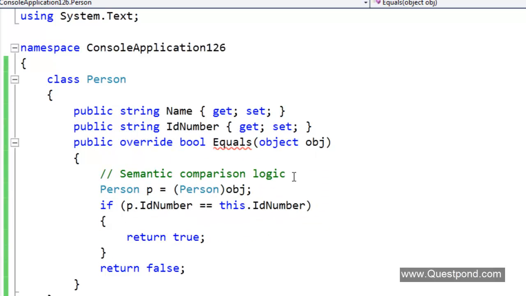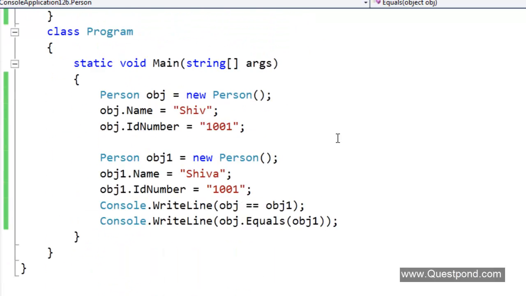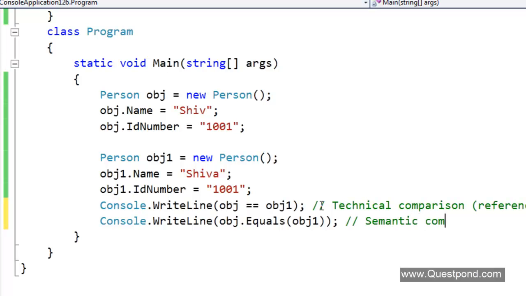right? Now what will happen is, if you see now, this equal to over here is doing a technical comparison using references, right? Okay, internal references. But this comparison over here is semantic, right? Semantic comparison. That means there is some kind of a business rule which decides what is equal. So if I do a control F5,